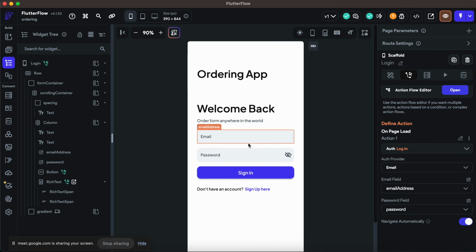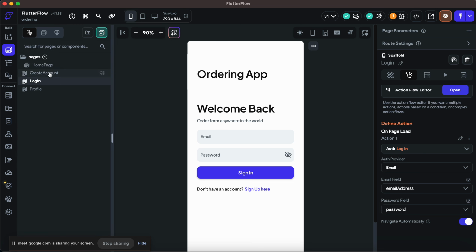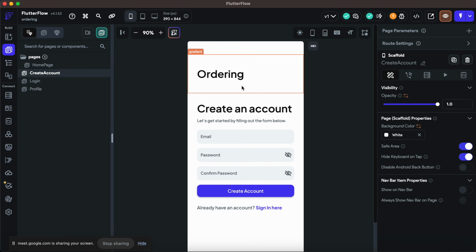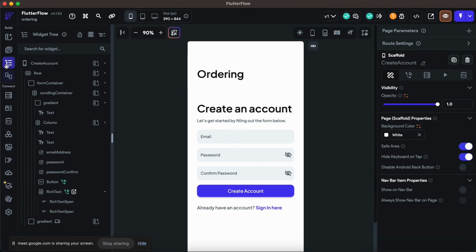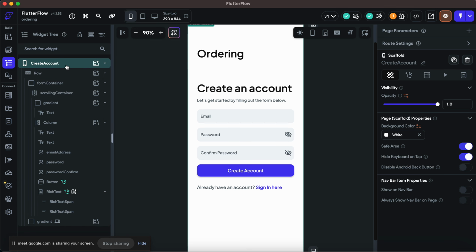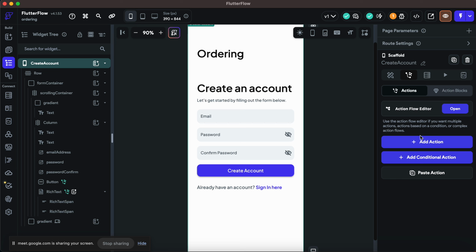Back to FlutterFlow. Now our login works automatically. Let's head back to the pages. Let's do a create account. So we want to create an account using this page. The same process. I'm just going to my widget tree. Oh, sorry. I'm going to take you guys back to that page so you see the connection. Create an account, right? And what do we do? We go back to action, add action,